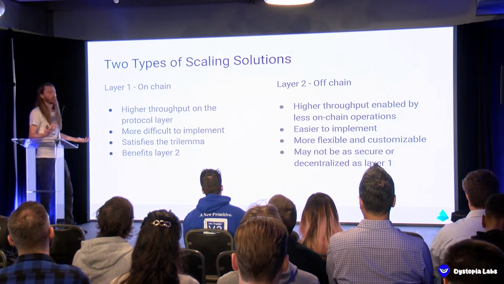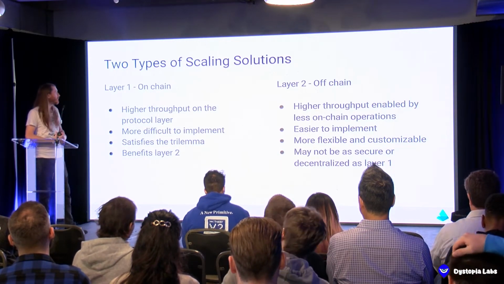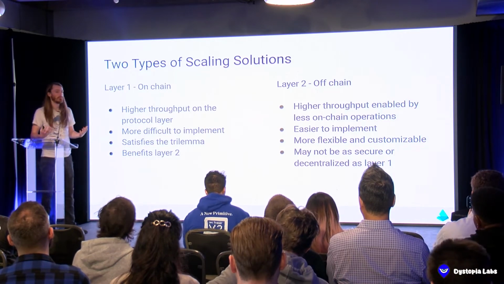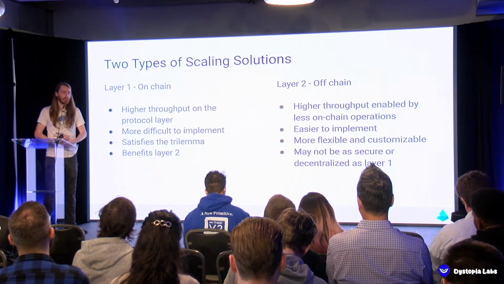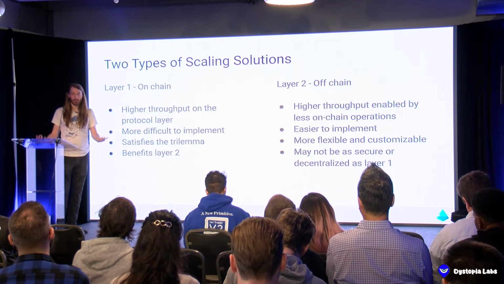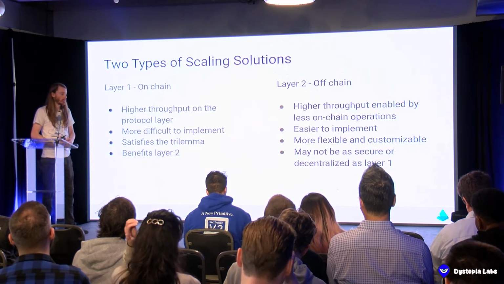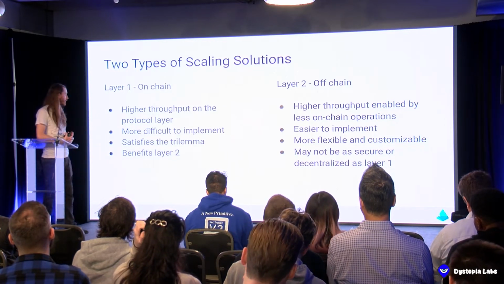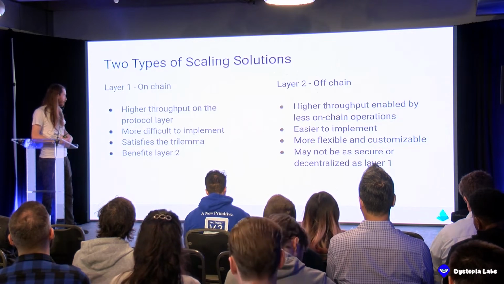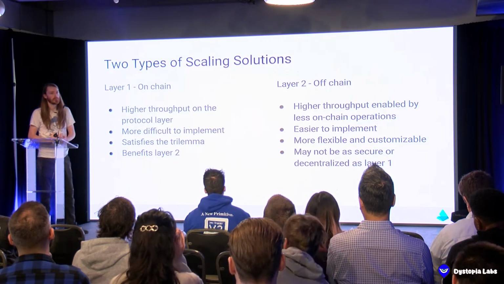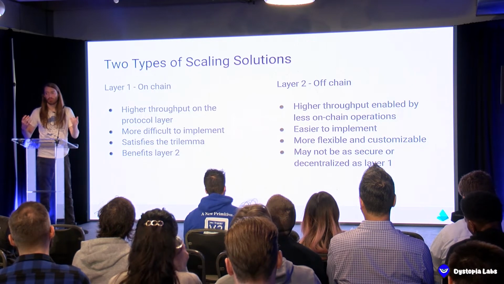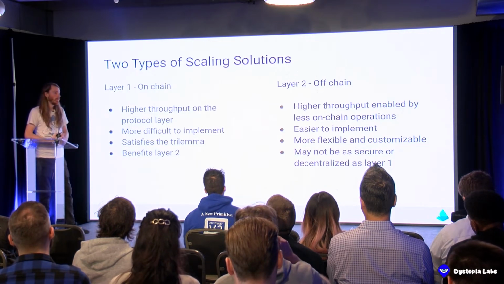But what can we do, right? So in general now, there's kind of two layers of Ethereum we're thinking about. There's a layer one that everyone's familiar with. It's mainnet Ethereum, where all the dApps are living for the most part. And you can scale there, right? So if we can make these improvements on the root layer, the protocol layer, the layer one,